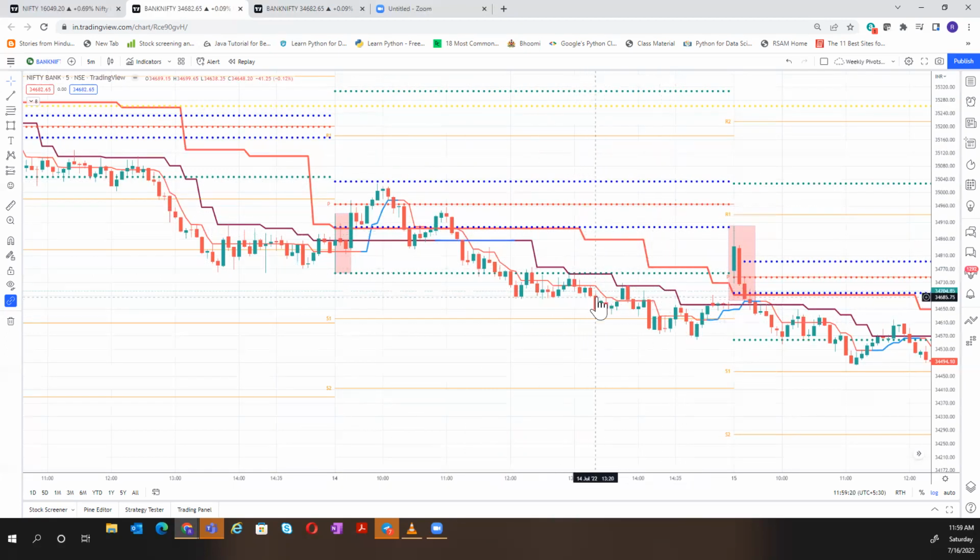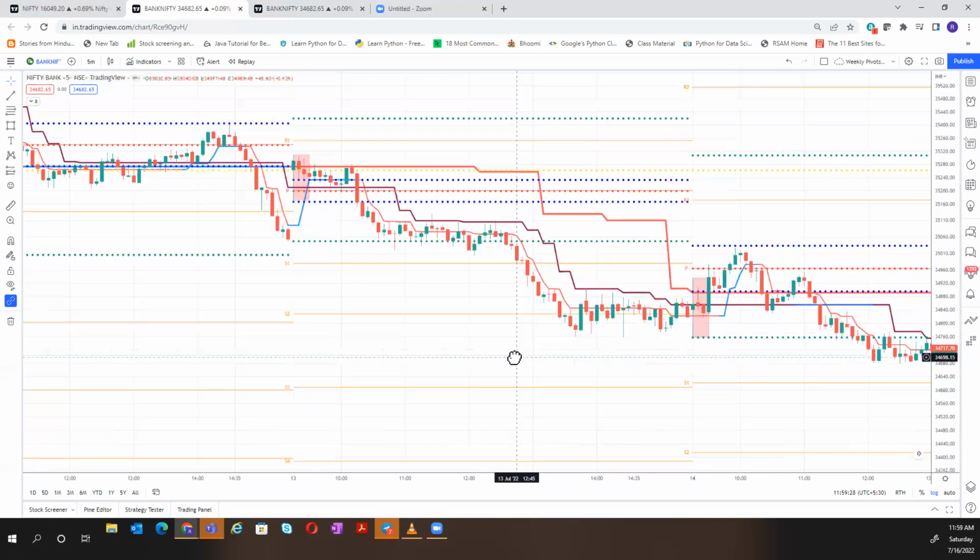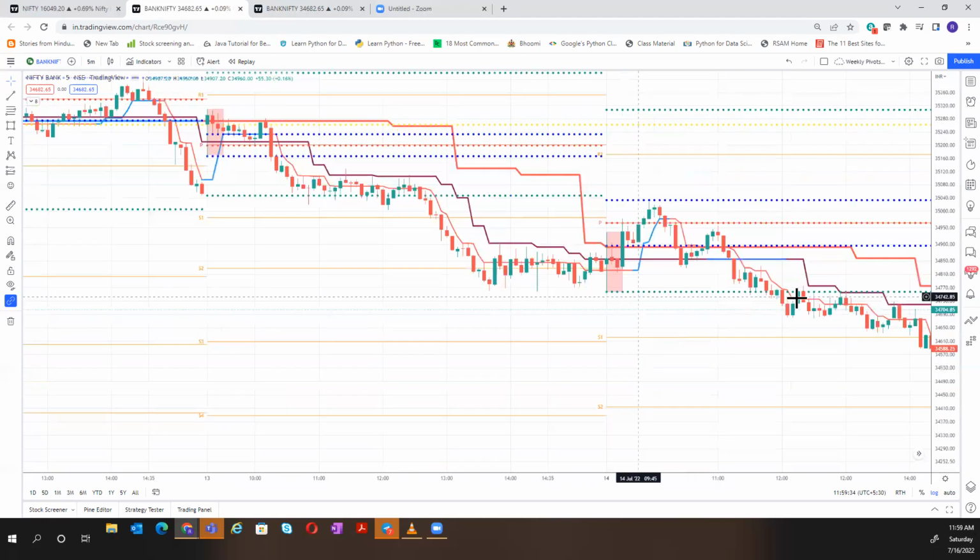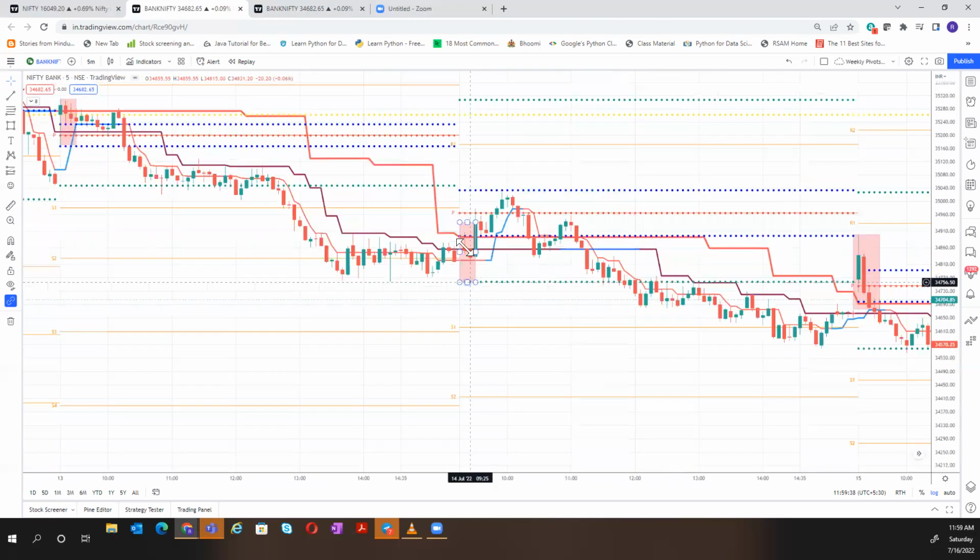Once everything changes to one color, you have a strong trend going your way. One trend, is this enough? Using the initial balance here, the initial balance first broke upside, but the mean reversion happened. But you need not wait for the first 15 minutes low to be broken. You can enter even after the low. You have this much amount of money, but the main trend is telling you, the CPR and main trend,